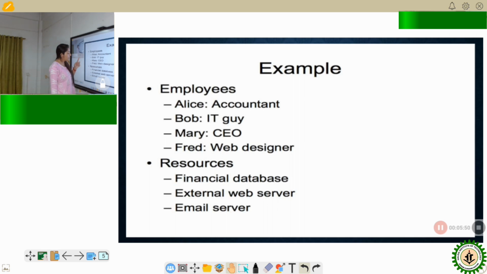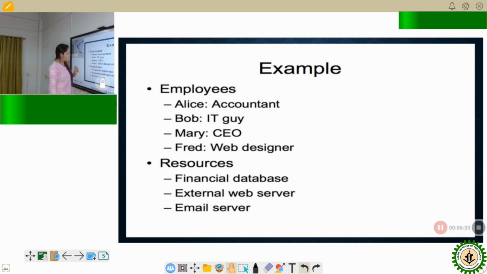So what resources should Bob be able to access? Bob should have access to the external web server to have some control over it. For example, if any software needs to be deployed on a production environment, so that nothing breaks after deployment, an IT personnel is required to maintain some control on the external website. Then maybe he can also access the email server, just to administer it. He is not going to be able to read any emails.